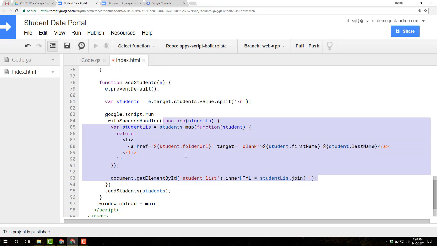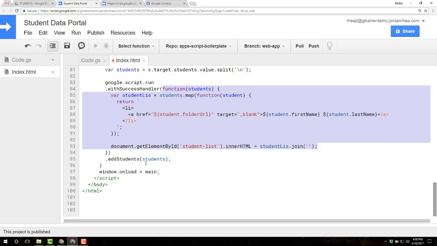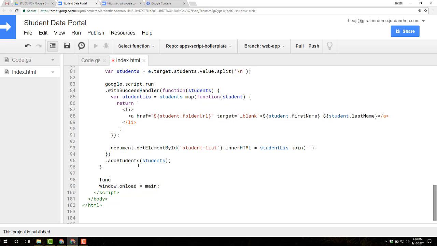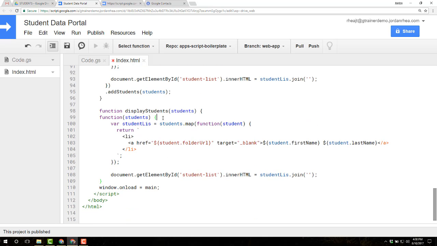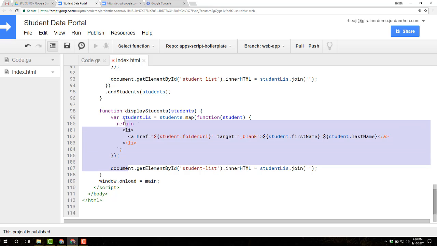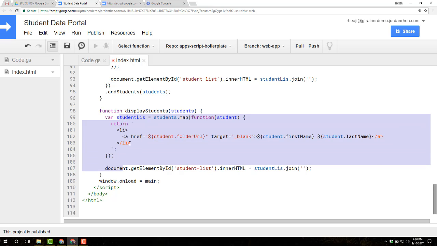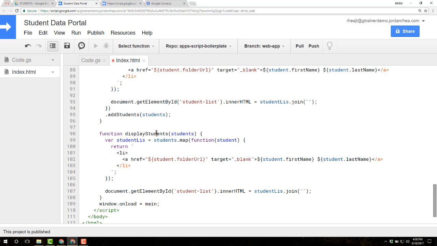And when it runs, we actually want to run this exact same code that we have here. So I am going to break this out into its own function, and I'm going to call this function, show, actually I'll just say display students. And then we're going to pass in students and create those semicolons, and let me paste that. So I can delete this anonymous function that I had, and we're going to give it the name display students. I'm going to fix the indentation there, perfect, and everything else should run exactly the same, but now we need